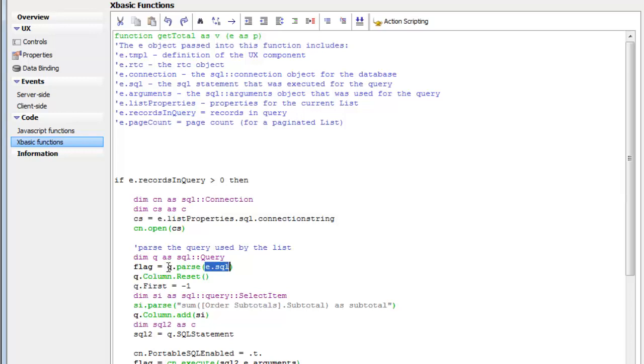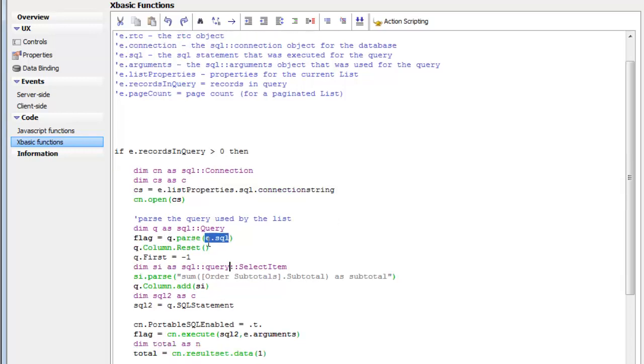So now if flag is true, which we didn't actually test, although we should have, but I'm pretty confident that it is going to be true. We're going to take this query object now and remove all the columns. So at this point, after doing the reset, this query object has none of the select columns that the original query had. And then we're going to also remove any limit on the query, because we